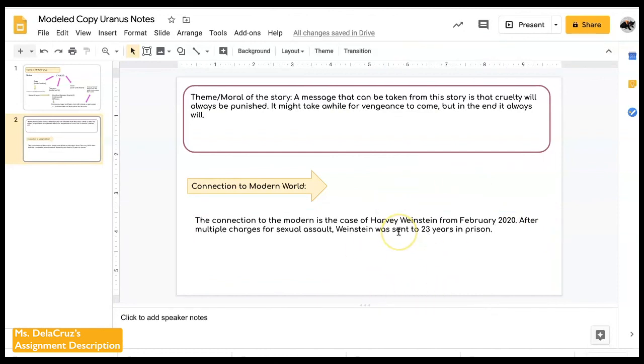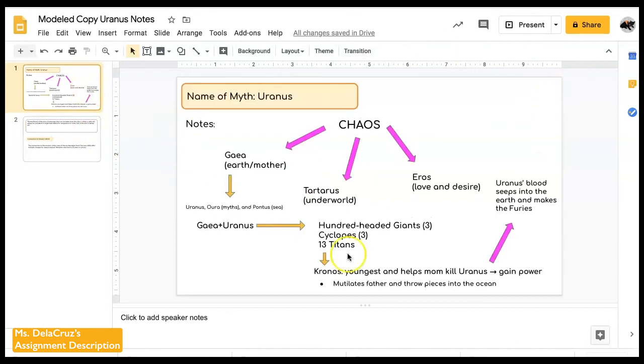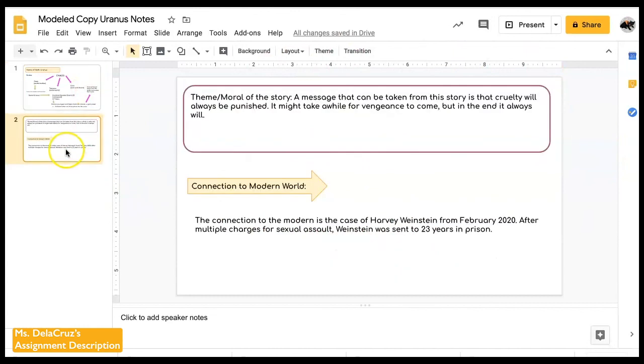So I'd like your connection to the modern world to be at least 2 sentences, as well as your theme. Again, you're doing these 2 pages of notes for each of the myths posted. Please make sure you're getting visual with your first page, and your theme and your moral. Your theme or your moral and your connection to the modern world are at least 2 sentences each. And this concludes our